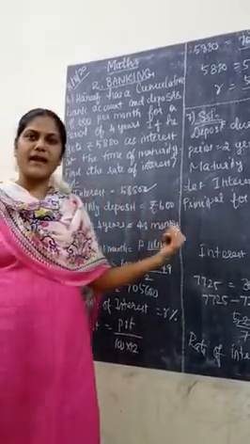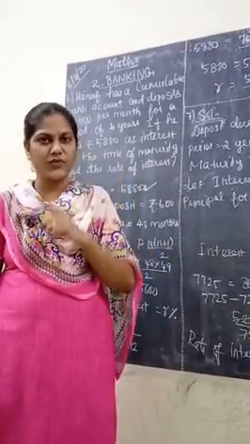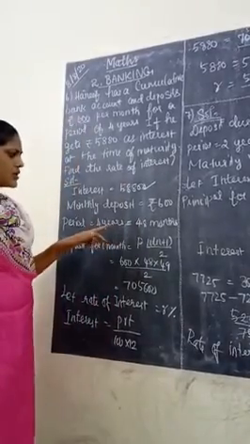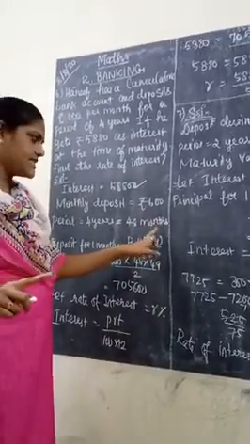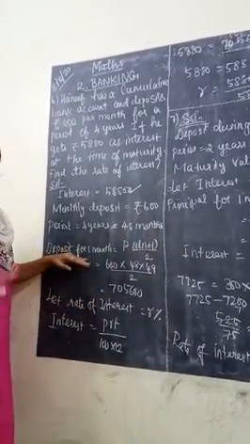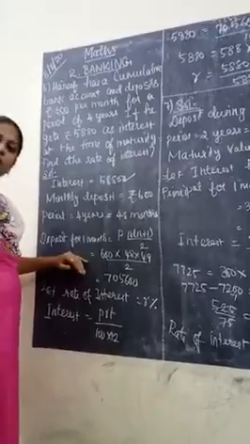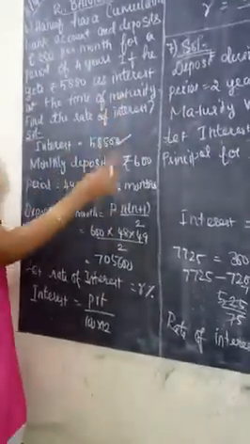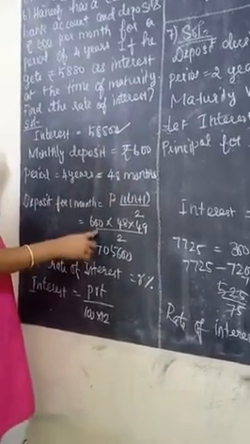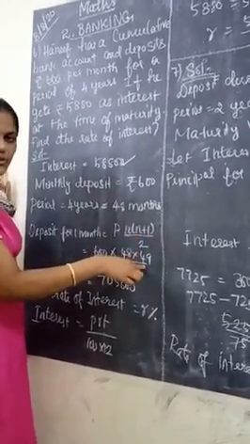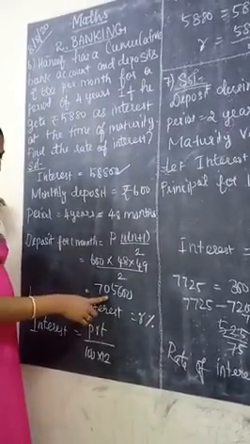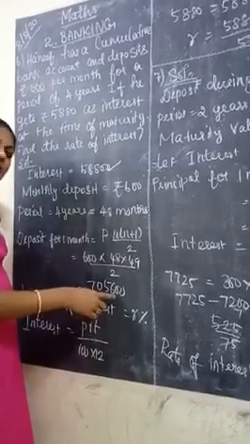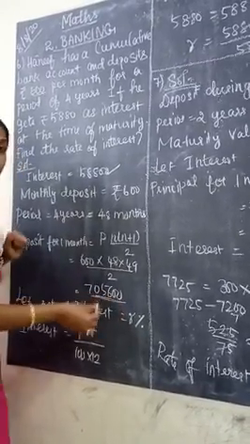Already I said in banking, if it is in years, you need to convert it into months. So listen. 4 years. 1 year equals 12 months. 4 years equals 48 months. This is N. Next, deposit for 1 month. First, we need to find the principal value here. How do we find deposit for 1 month? What is P? P value is 600. Monthly payment is 600 into N, 48, into N plus 1, 49, divided by 2. Do the simplification. You will be getting 7,05,600. This is the total principal amount.